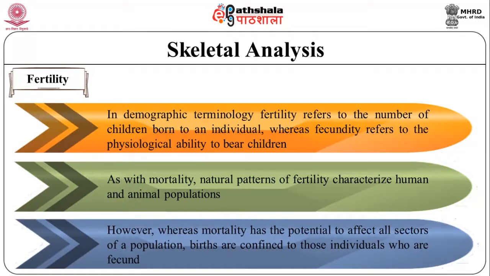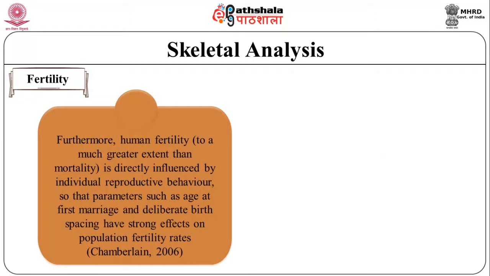However, whereas mortality has the potential to affect all sectors of a population, births are confined to those individuals who are fecund. Furthermore, human fertility, to a much greater extent than mortality, is directly influenced by individual reproductive behavior, so that parameters such as the age of first marriage and deliberate birth spacing have a strong effect on the